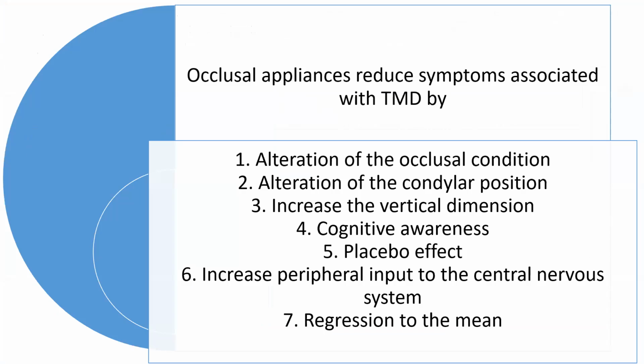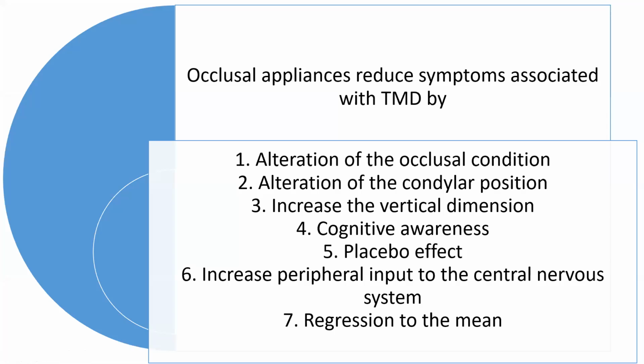Today we will be continuing the second part of the seminar on the topic temporomandibular joint and orthodontics. According to Green et al., the management of temporomandibular disorder can be done by three approaches. The first is the conservative method, and the second is the surgical method. He also mentioned the third approach, which we generally follow in orthodontics, that is occlusal reference therapy, mainly through the use of the